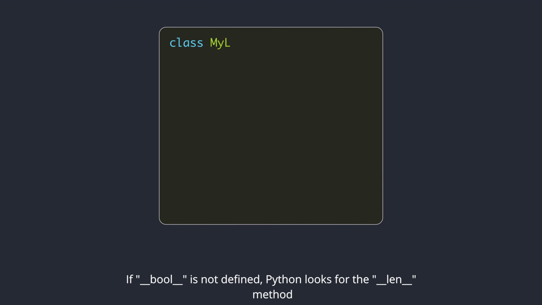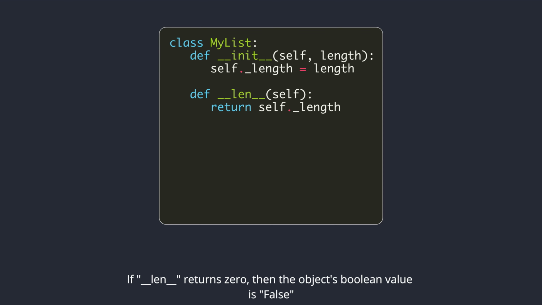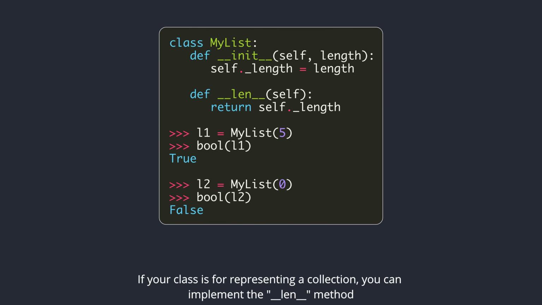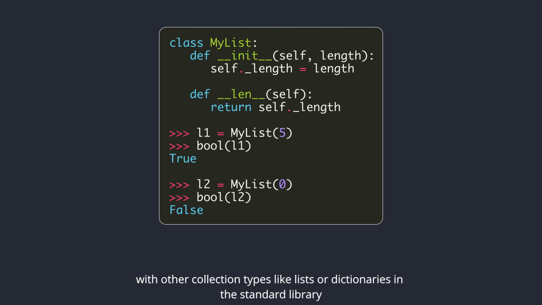If __bool__ is not defined, Python looks for the __len__ method. If __len__ returns 0, then the object's Boolean value is false. Otherwise, its Boolean value is true. If your class is for representing a collection, you can implement the __len__ method and skip implementing the __bool__ method. Then the behavior of your class will be consistent with other collection types like lists or dictionaries in the standard